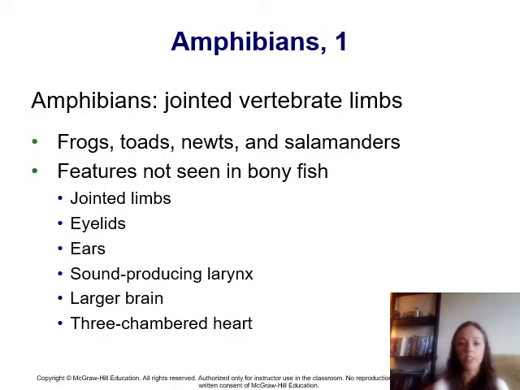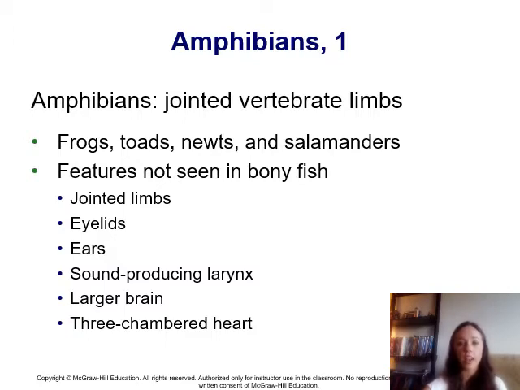The next animal group we'll talk about are amphibians. I'm sure these are very familiar to you guys. They include frogs, toads, newts, and salamanders. Amphibian actually means that the animal lives in both water and on land. And there's going to be at least 2 stages of life. The larva is going to live in water, but the adult is going to live on the land near the